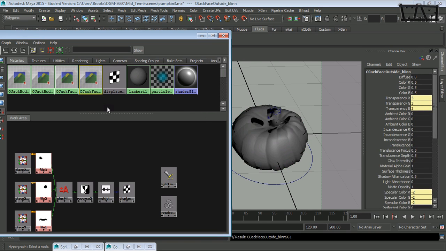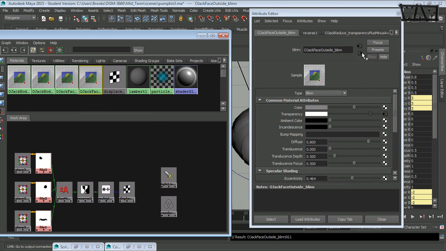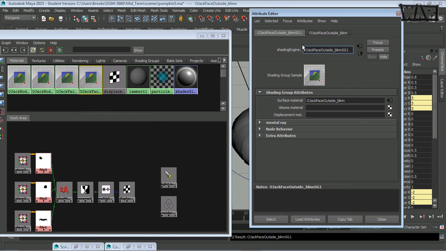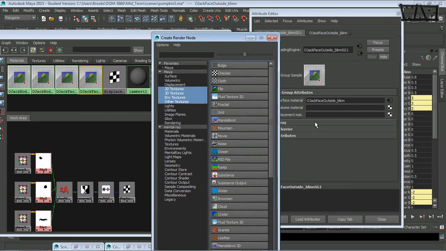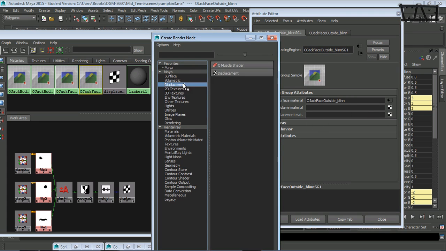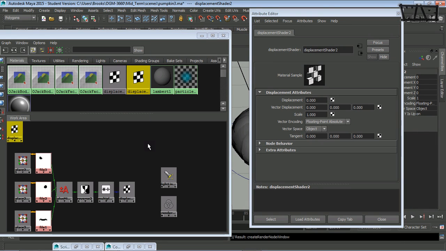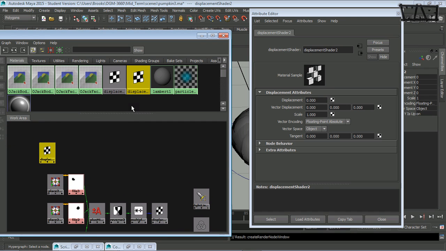Okay, and then with that selected, and press Control A, and go to the shader group, the face outside shader group, and I'm going to create that displacement material one more time. Shouldn't have to do this, but we do. Okay, now I'm going to delete this shader material,